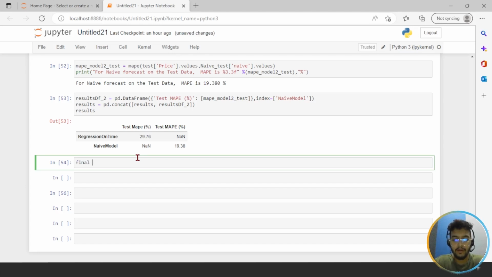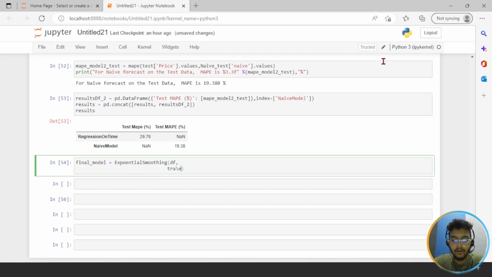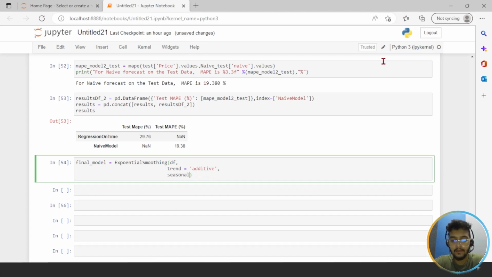For that I have to write final_model equals ExponentialSmoothing, df comma trend equals additive, comma seasonal equals additive, comma fit,